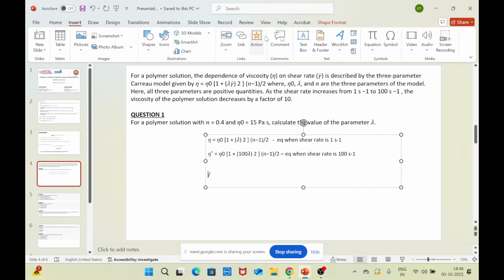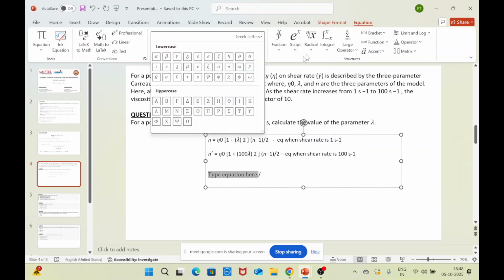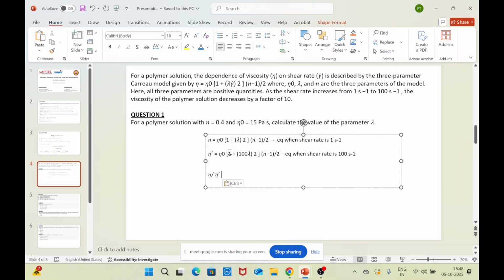Eta by eta dash is going to be, since the eta naught value is going to remain the same, we don't need it, so that will get cancelled out. So this will be 1 plus lambda square